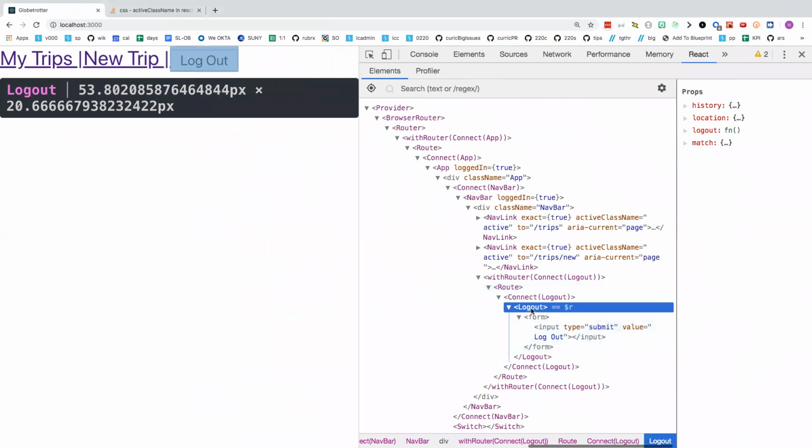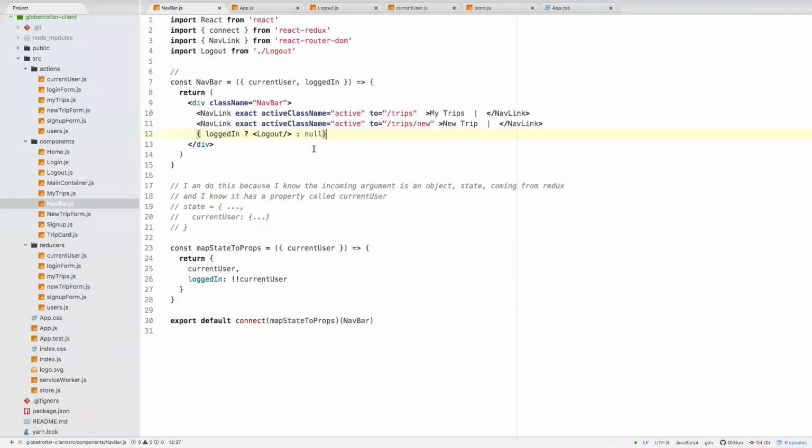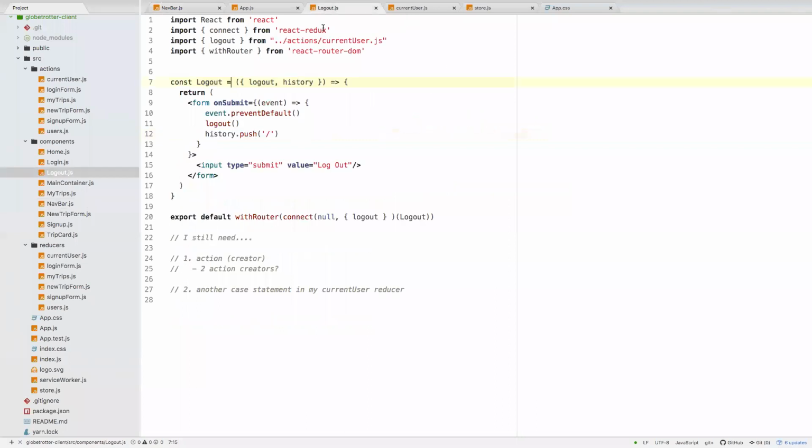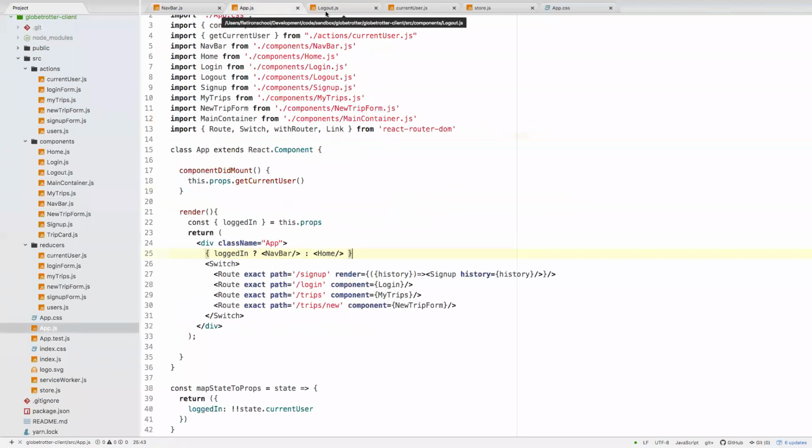Connect, logout, logout. So I'm not getting, ooh, does that mean that could I actually do this? Okay, so I didn't need to use withRouter, I don't think. So what I could do instead, sorry, let's do that a slightly different way. Instead of using withRouter, let's see. That seems a bit excessive. It'll work, it worked just fine. But let's see if we can give logout